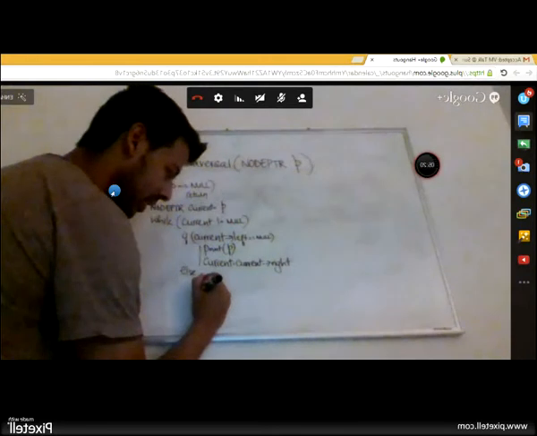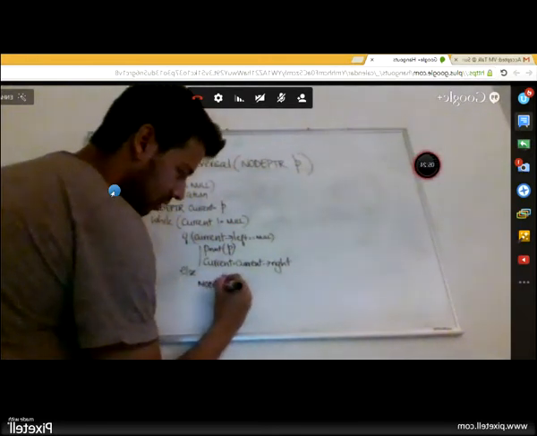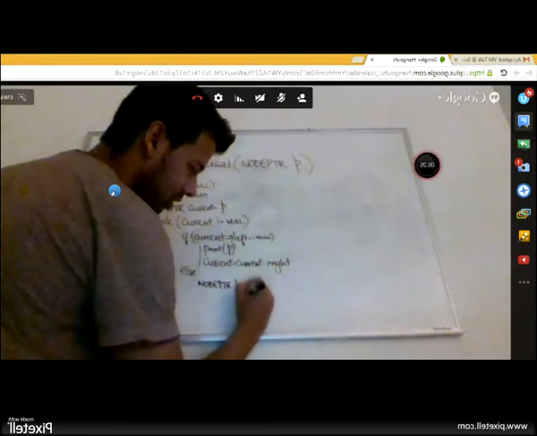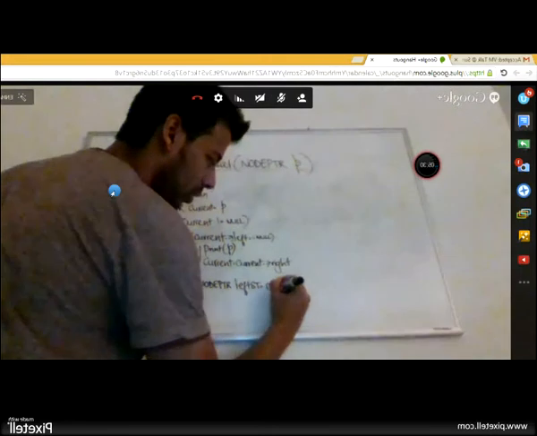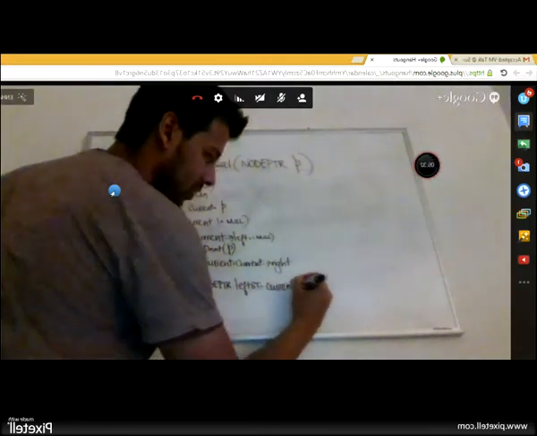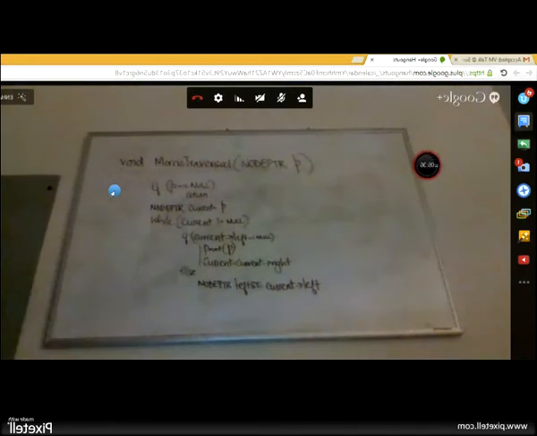So I say node pointer left subtree equals current pointing to left. This is basically the root of my left subtree.